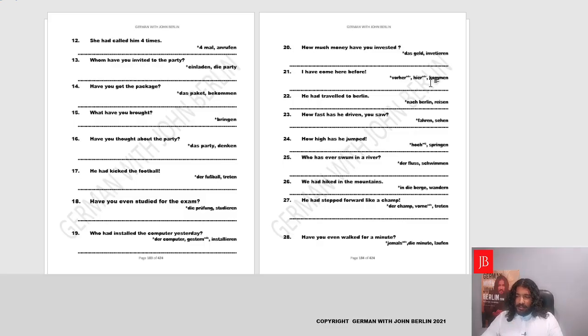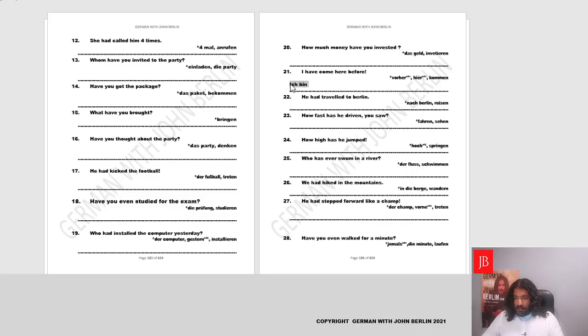And the verb is, so we'll follow the steps. According to the verb, come, we know the helping verb will be sein. And now we just need to cross-check the tense. It's the present tense, so sein works fine. And we'll conjugate it for ich bin, very good. And it looks a little too small, we'll make it bigger.